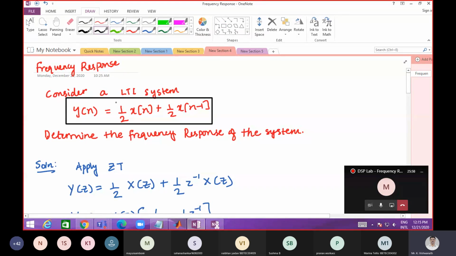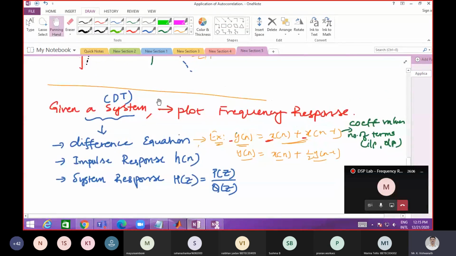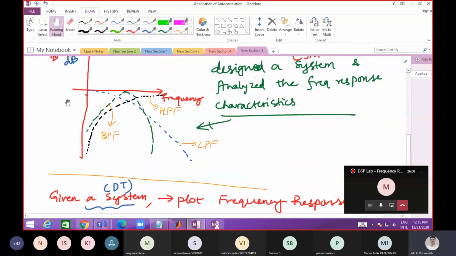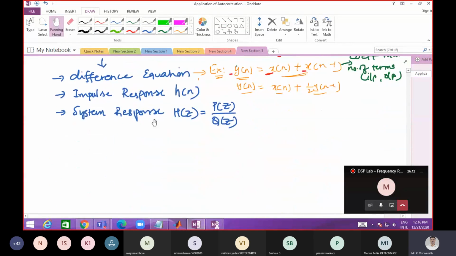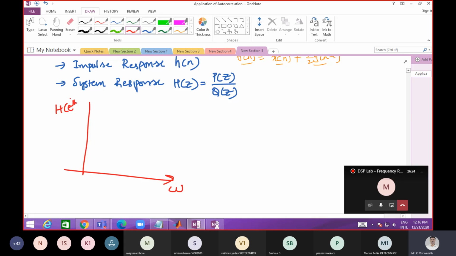Now you have to determine the frequency response of the system. So now we know the frequency response means we have to get a curve or a waveform like this. So in discrete terms, it is something like this. So your x-axis is frequency, that is omega, and